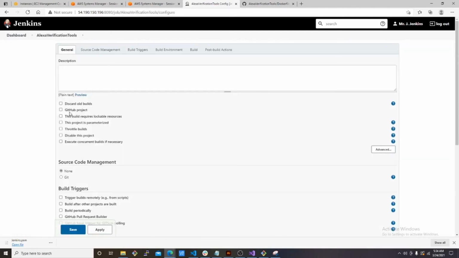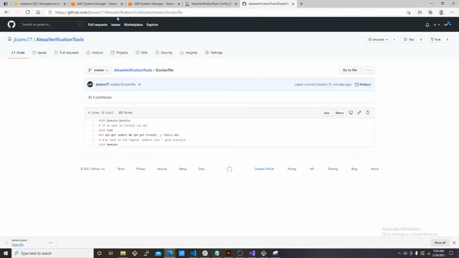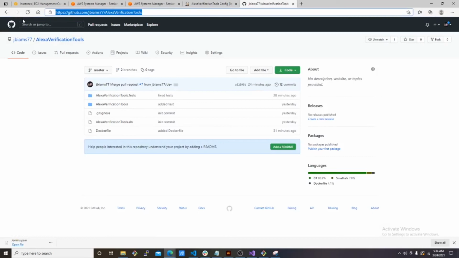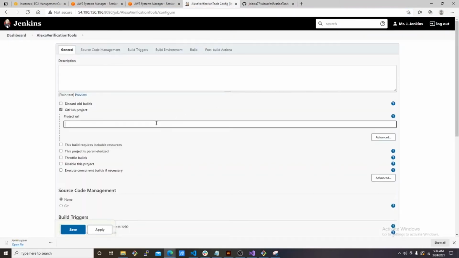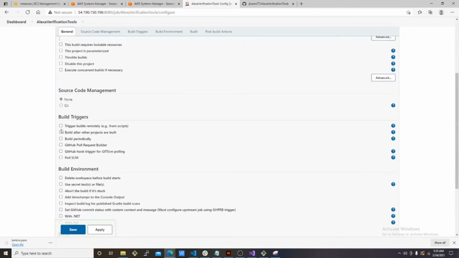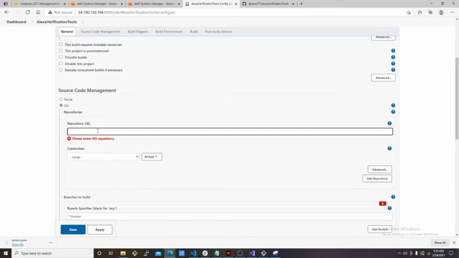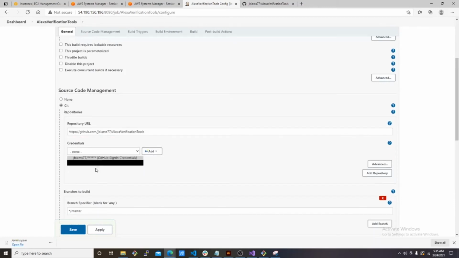So once we go in here, we're going to select GitHub project, copy the project URL, source code management, Git. And this time we're going to use our login name, credentials,